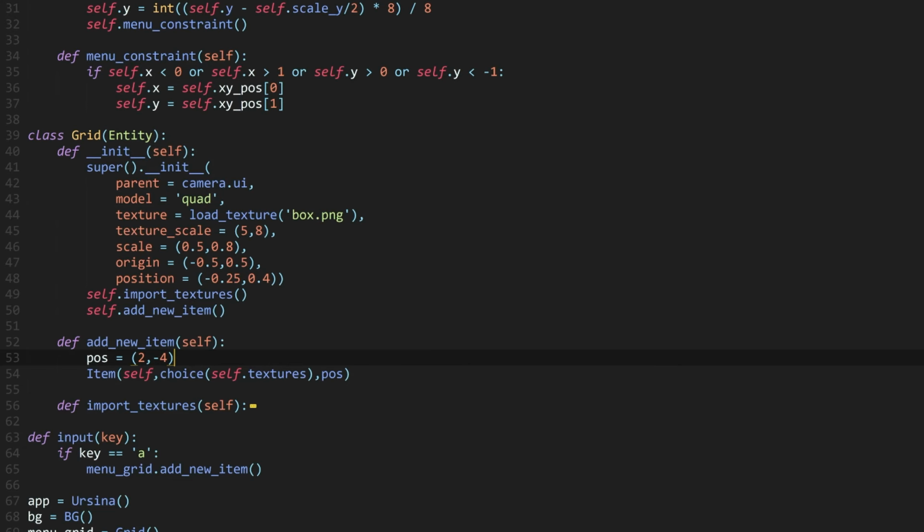Cool. Now, the obvious problem is we are always going to add a cell to this position here, which we don't want. Instead, I want to find a cell that isn't occupied yet. And this is something we can do, but it does rely on a couple of different parts. So let's go through them one by one. Essentially, all I'm going to do to make this work, I'm going to create a grid of all the cells that are